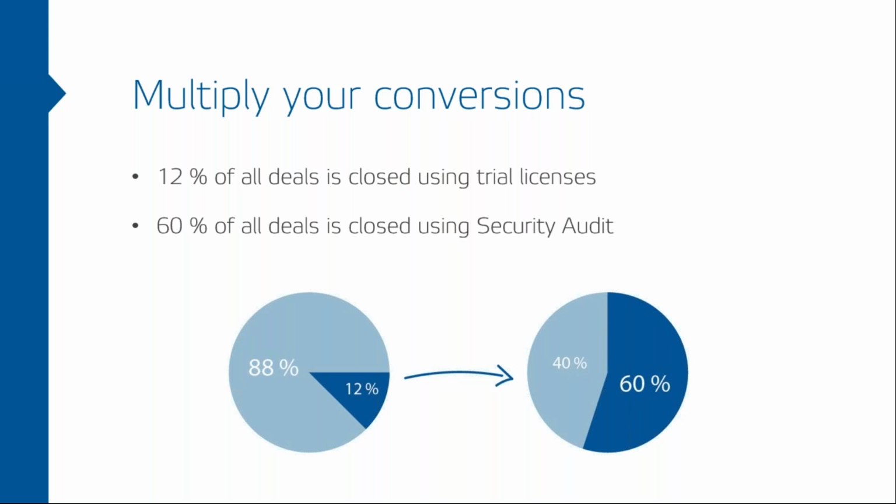However, when our partners introduce security audit done by Safetica, then these deals are successful in 60%. So this is 5 times more. As you can see, these numbers are really strong,